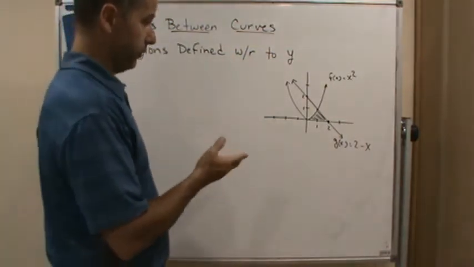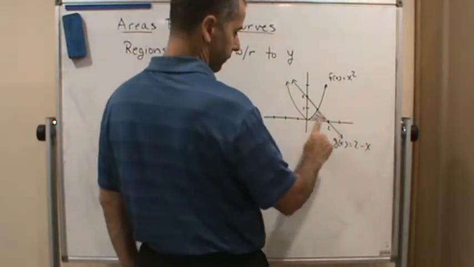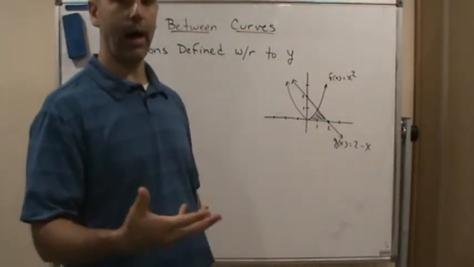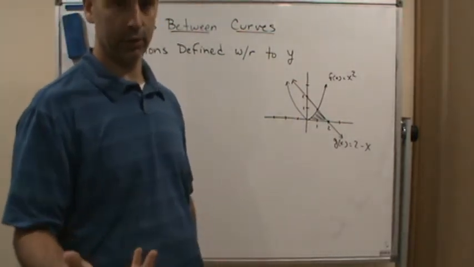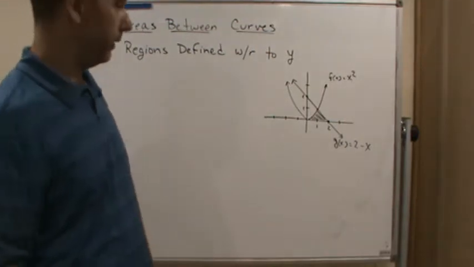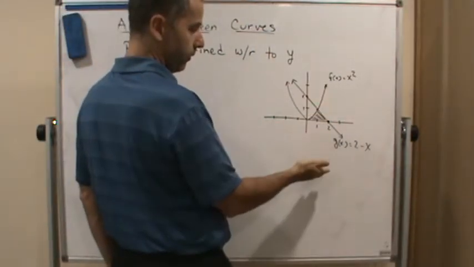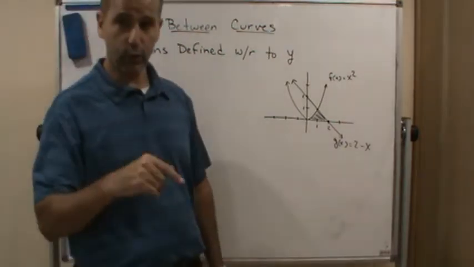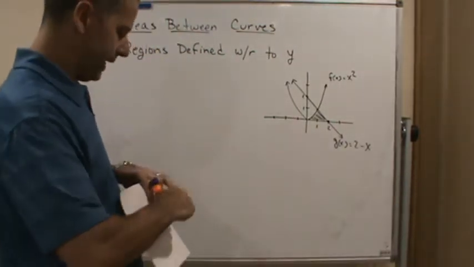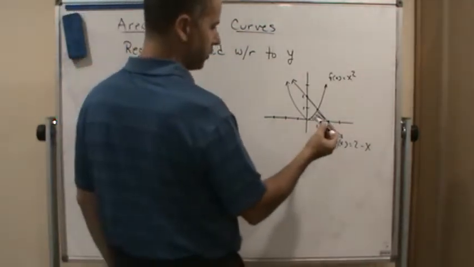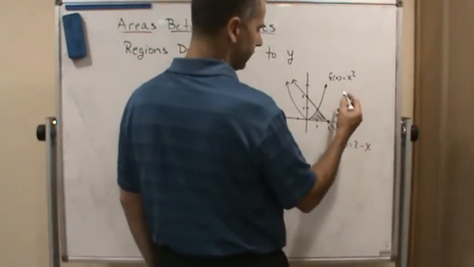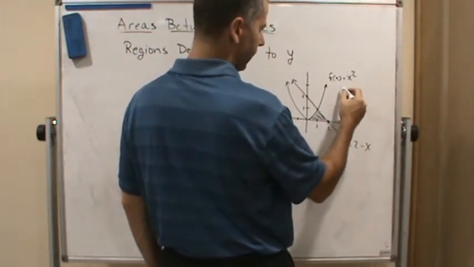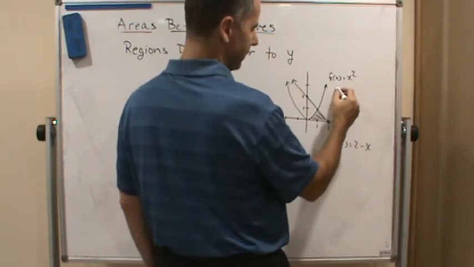Because instead of going this way, we could have defined these functions as functions of y, instead of functions of x, which they are now, and done it going vertical, okay? In the next video we're going to go over this in more detail, but we could have easily defined these functions in terms of y. And said, okay, let's solve for x and make this